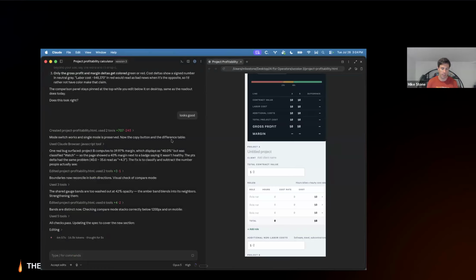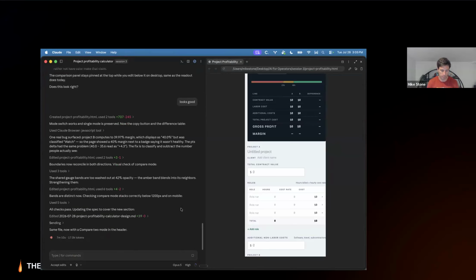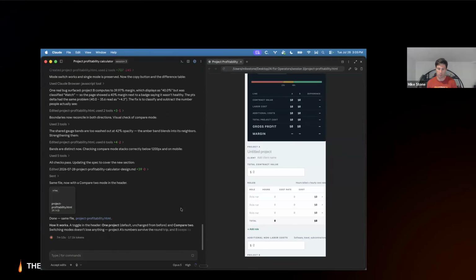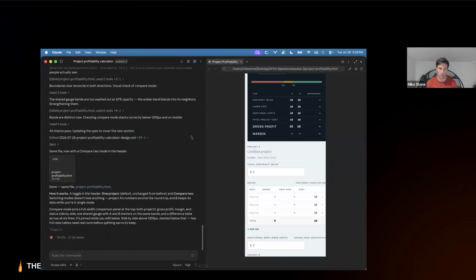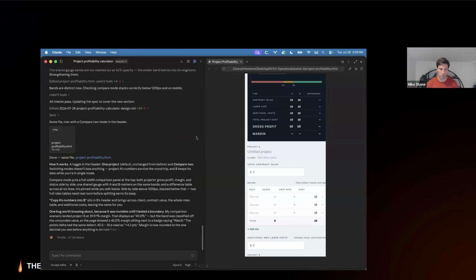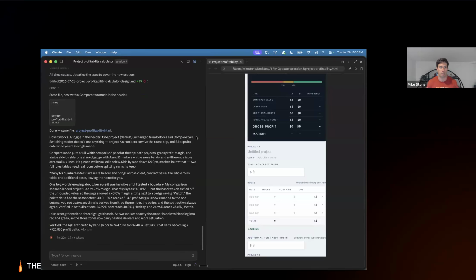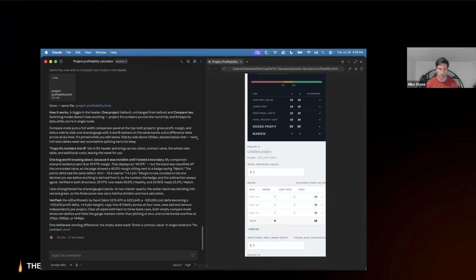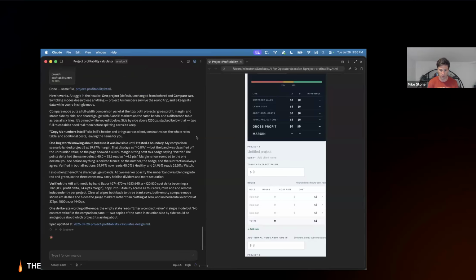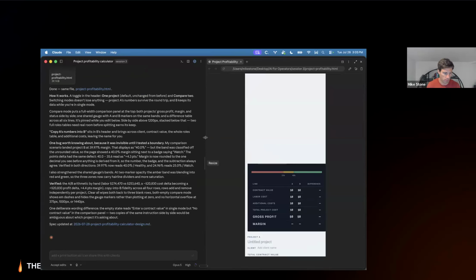The point is, again, we are building this application, this HTML file, not knowing how to code, but just describing the functionality that we want. So think about this and relate it to whatever you do and however you think you could start to migrate spreadsheets to applications like this, or take other workflows and start building them in this way using Claude Code.